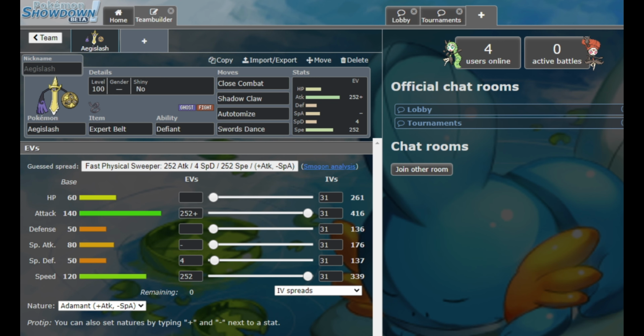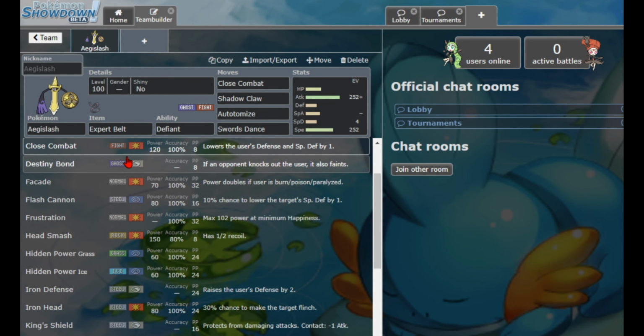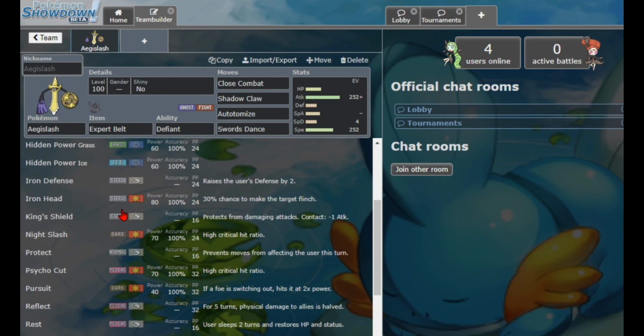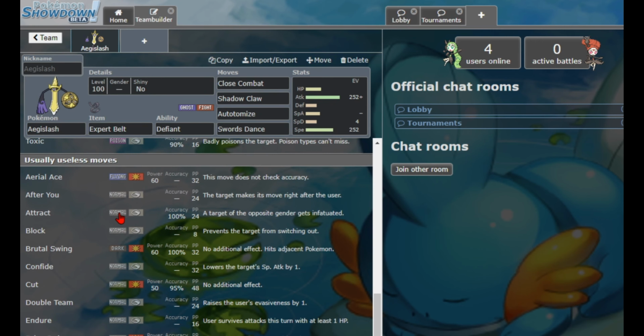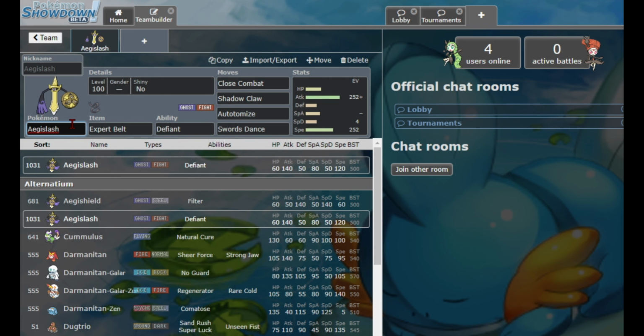Hold on. Yeah. So what other option is there? Destiny Bond on a lead set is good. Well, hold on, I need to get OBS. Destiny Bond on a lead set is really good. Don't run Frustration, King's Shield, no, usually not. Sub can be good, but otherwise, yeah, that's it with Aegislash. So yeah, really good offensive Pokemon. Cumulus,